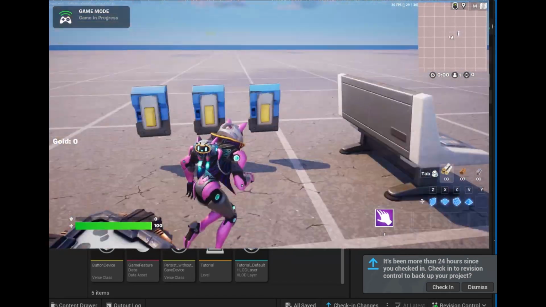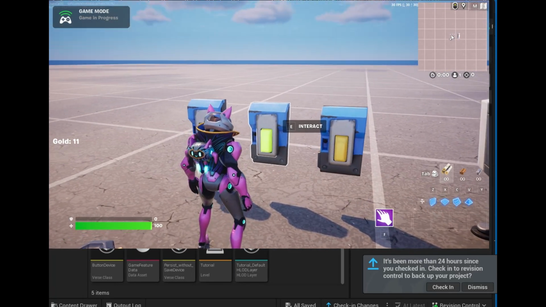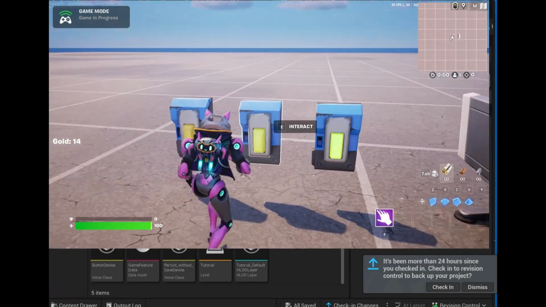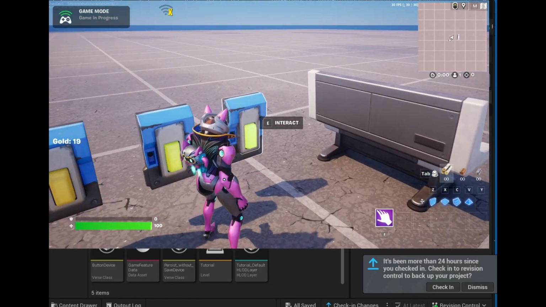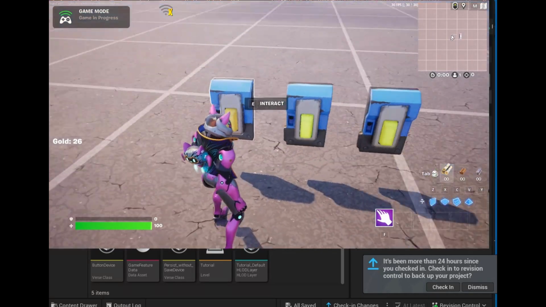Okay, now to check if this works. Increasing, decrease. Oh, I forgot to put a negative sign for my 1 there, but